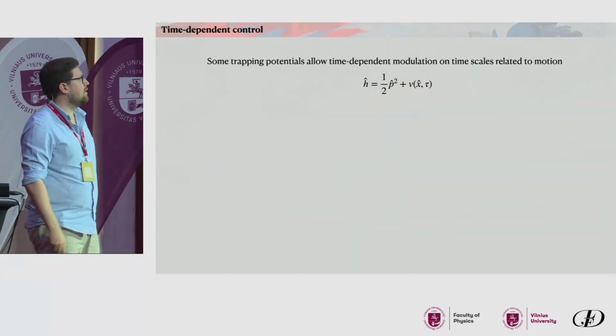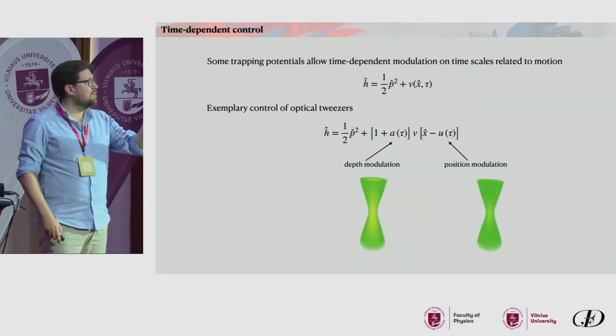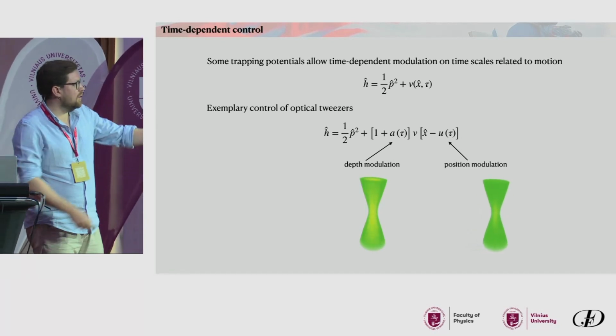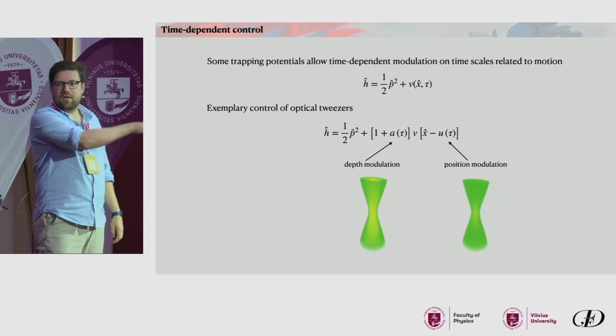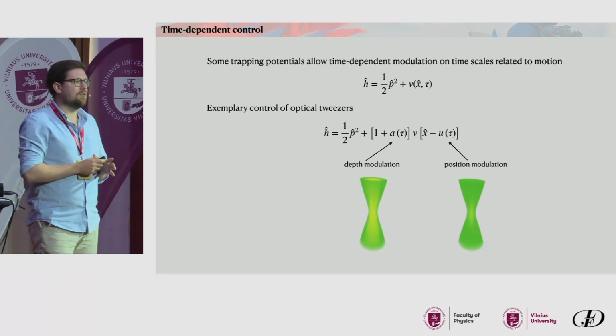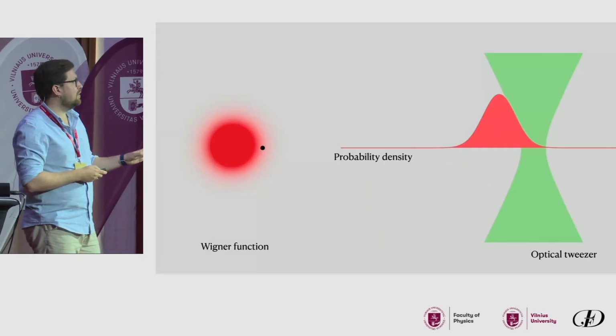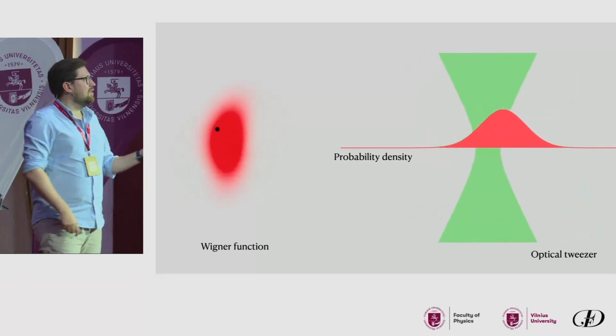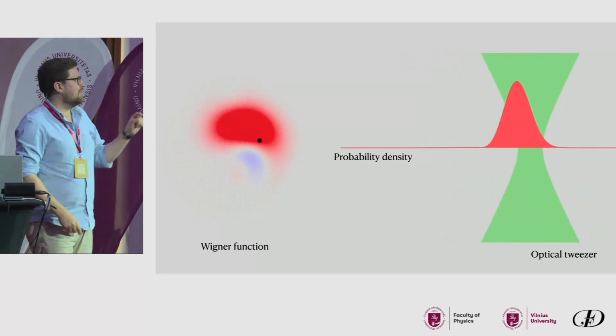So like this eta being large. Imagine that you have a single atom in a tweezer, and what can you do? You can move it around, and you can change the depth of it. This is a natural possibility of what you can do with the tweezer, and the question is, what can you do with it? Can you get the full control?